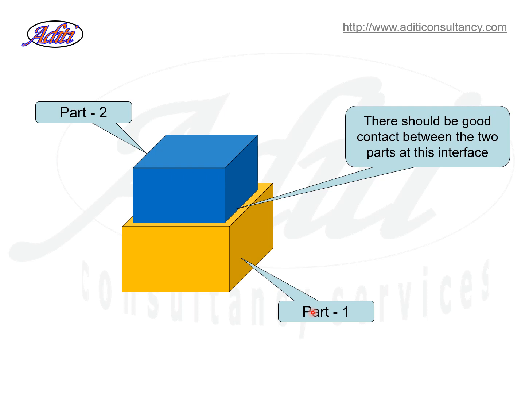Now what is good contact? Gap between the two surfaces should be 0. It will be there in the model, but in the actual assembly that gap will not be 0. Now why will the gap not be 0? Let us see the effect of geometrical errors in part 1.